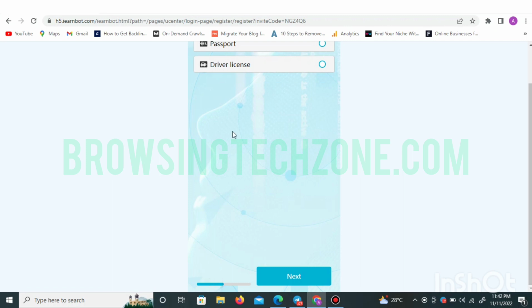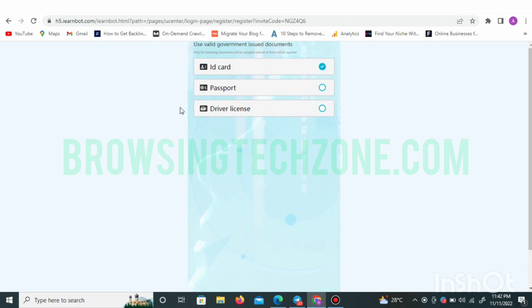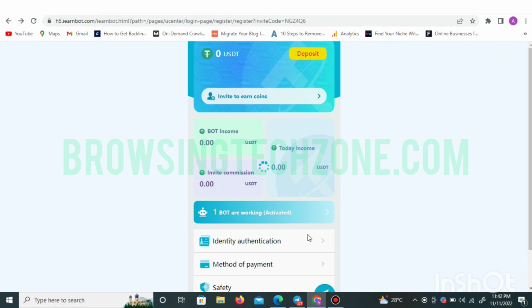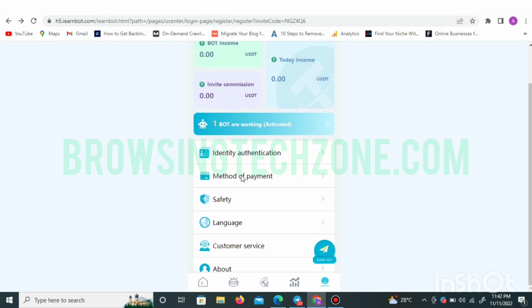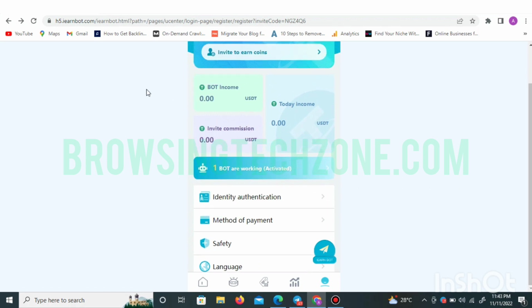So after which you've verified your account, the next thing right here is to set a payment method. But before you can set a payment method, you're going to complete your identity verification first. So after which you've completed your identity verification, that's when you are going to be able to set payment method and so on. In case you want to withdraw, let me show you where to click to withdraw your